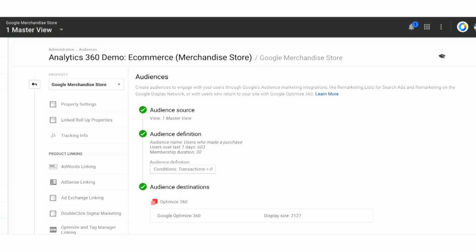Here you can see we've just created that audience. We are now sharing it to Google Optimize through the audience builder within Google Analytics. You can see the audience destination there is Optimize 360. Quick note here is that you can actually use this same builder to share these same audiences with Google Ads